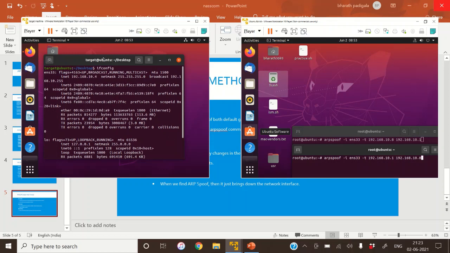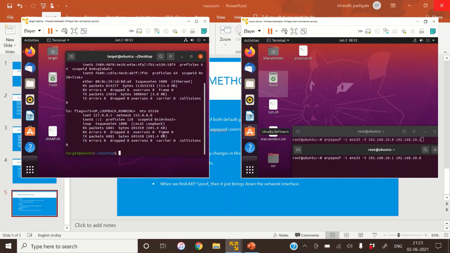One second, I will run my program. Actually, we should first prevent the ARP spoofing, right? So my code is in here, and I will be running this.